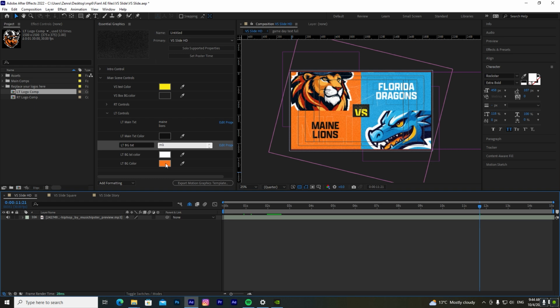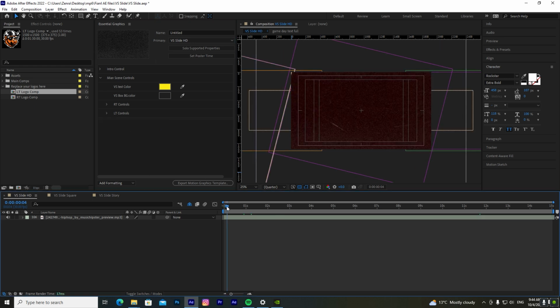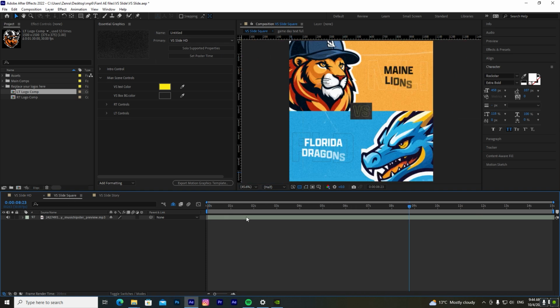And here we have a very important option, which is to change the whole intro, with the transition, which is the left team background color. So because we are choosing the lion, I'm gonna make it like a color from the lion, like this color maybe, right? And if we close down and we go and we render from the beginning, you could see that